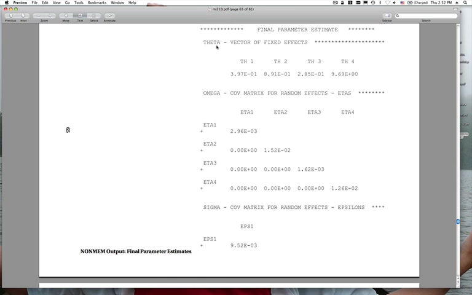We have theta, the vector of fixed effects, so they're just numbered 1 through n. This is NONMEM output, and you'll see that theta 1, 2, 3, 4 here represent the fixed effects parameters. It might be associated with clearance, V1, V2, and intercompartmental clearance. And then you have a random effects matrix here, omega, which represents the covariance of the individual random